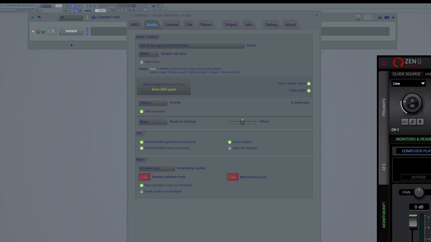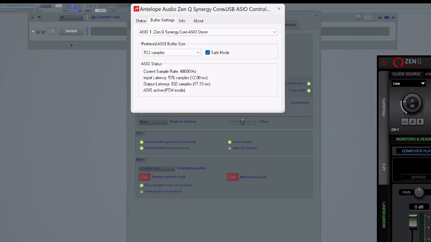Audio driver control panel in this case. So you'll have something like this. They all sort of have the same type of control interface, like both the Apollo and the ZenQ are sort of the same idea, but you can change the sample rate. The lower the samples, the less latent it is, but the more likely you'll have underruns for your